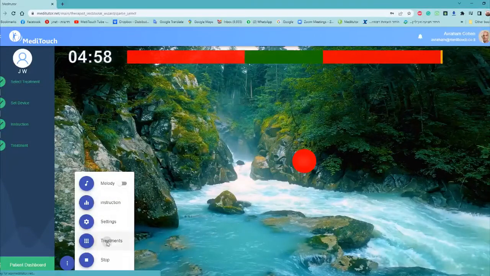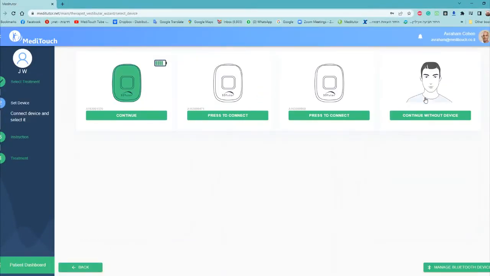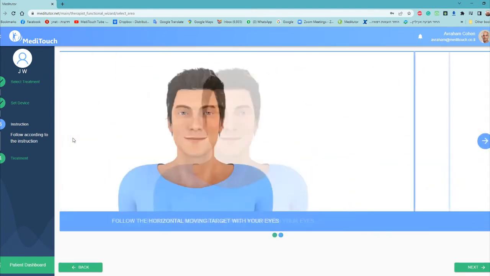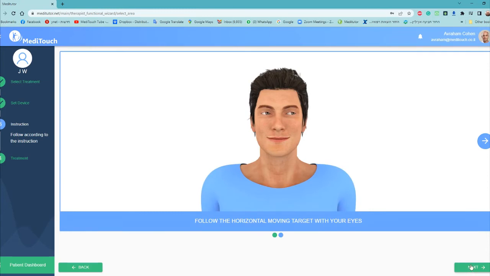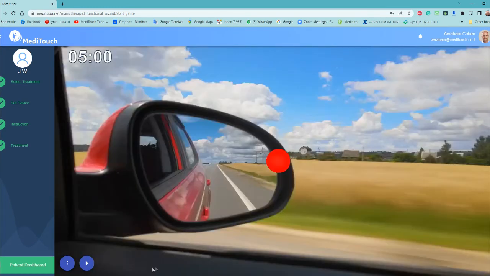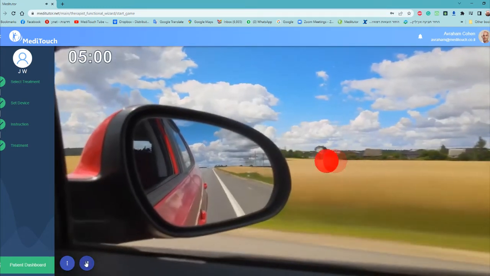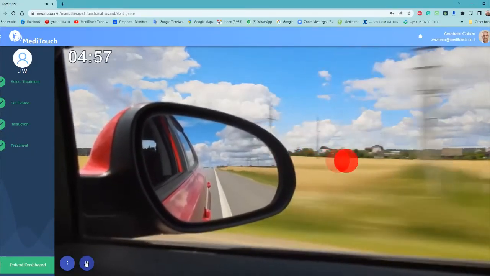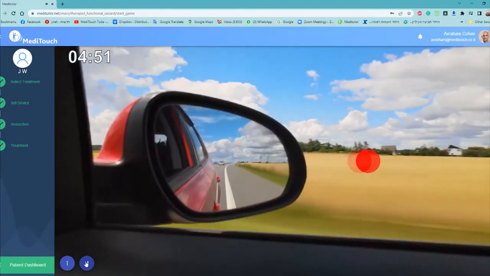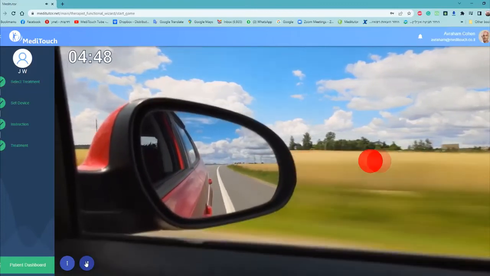Now we're going to go back into the treatment section here, and we're going to go now to a moving background. Again, we can choose to give the head feedback, or we can move along without the device. So we move along without the device. Now we have the library of tasks, the vertical movement of the eyes or the horizontal movement of the eyes. We're going to press next. Now you're going to see this moving background. So what's happening here, we have this moving car background, and you have the pursuit overlaid on top of that moving car background. Okay, so exactly the same instructions to the patient, to just follow the ball with their eyes